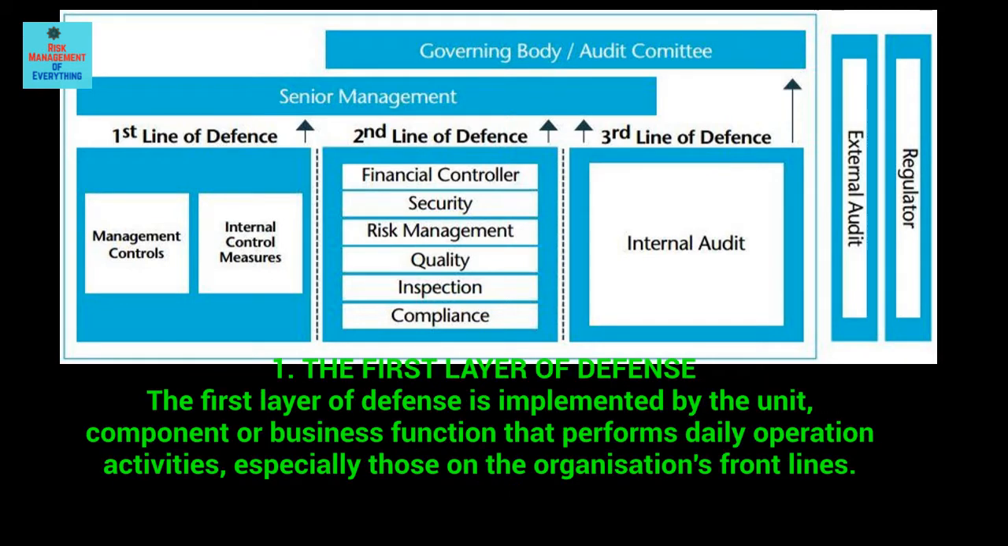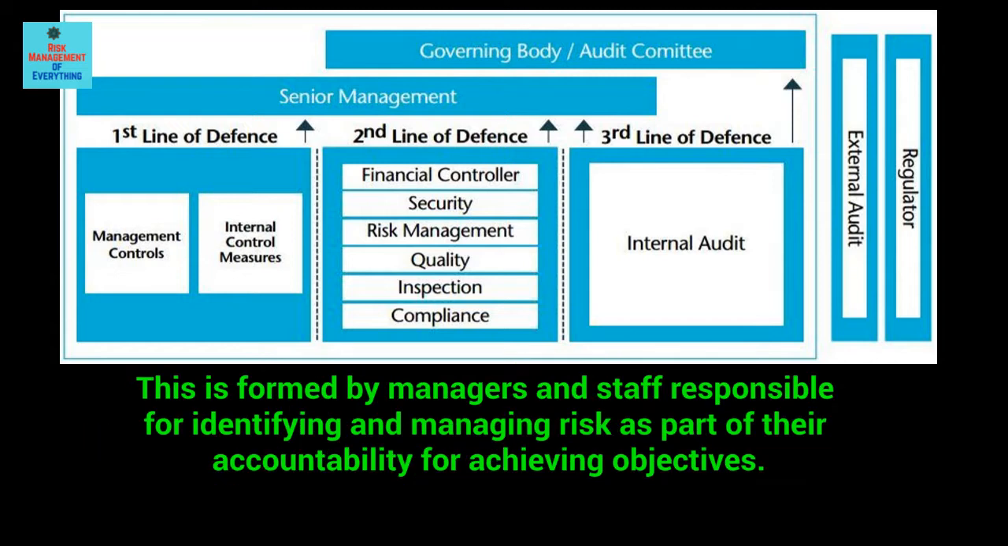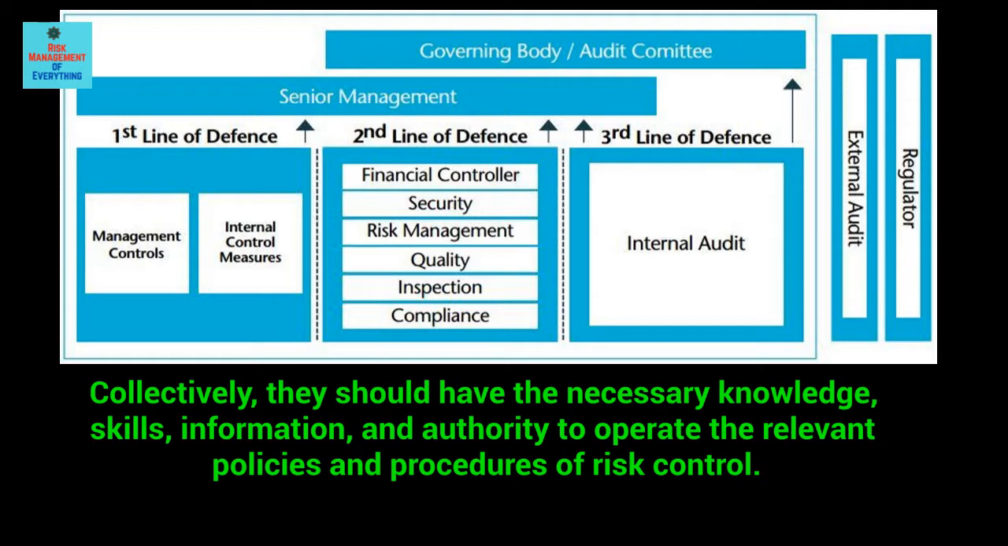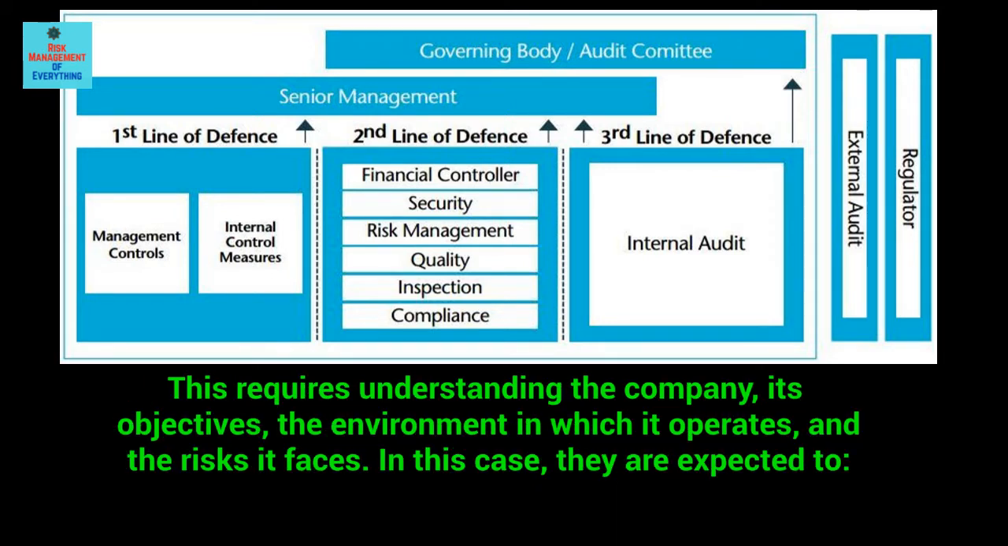1. The first layer of defense. The first layer of defense is implemented by the unit, component or business function that performs daily operation activities, especially those on the organization's front lines. This is formed by managers and staff responsible for identifying and managing risk as part of their accountability for achieving objectives. Collectively, they should have the necessary knowledge, skills, information, and authority to operate the relevant policies and procedures of risk control. This requires understanding the company, its objectives, the environment in which it operates, and the